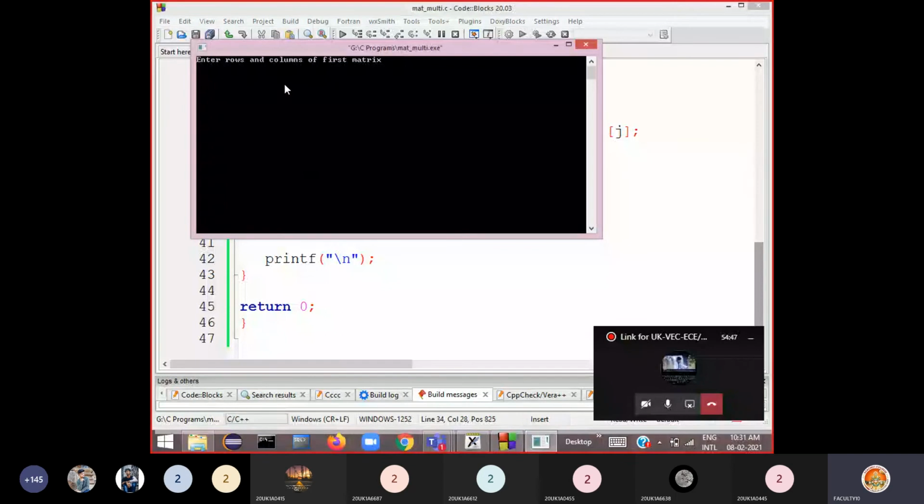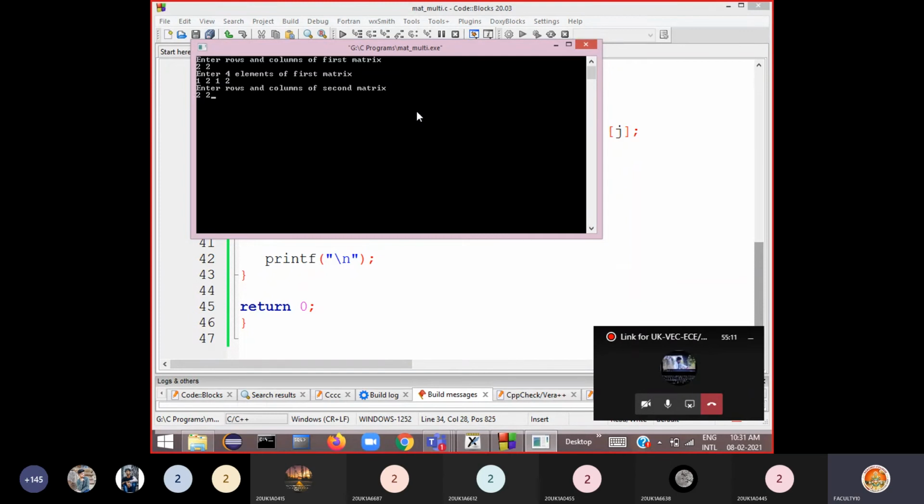Now it is asking enter rows and columns of first matrix. Okay, so I'll take the same two rows and two columns. Then enter four elements of first matrix 1, 2, and 1, 2. See here, two-dimensional array elements also you can enter in a row, but internally it will be stored in the form of a matrix I told. Okay, so enter rows and columns of second matrix.